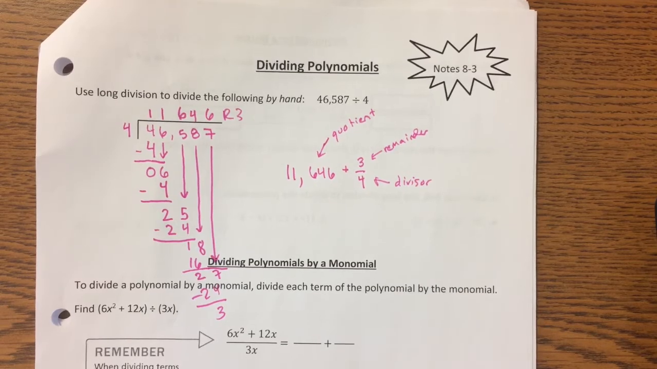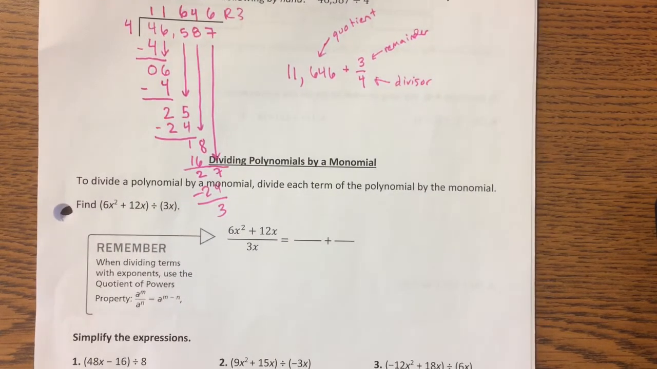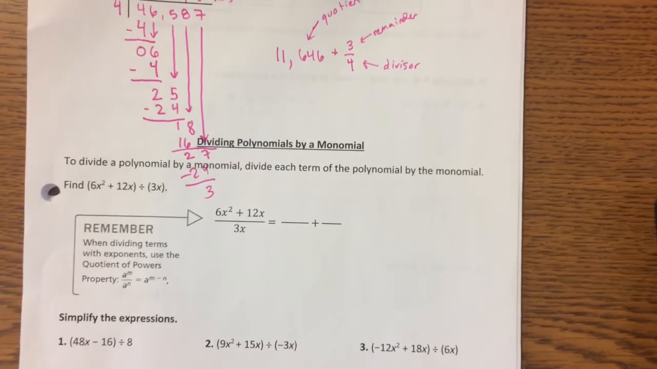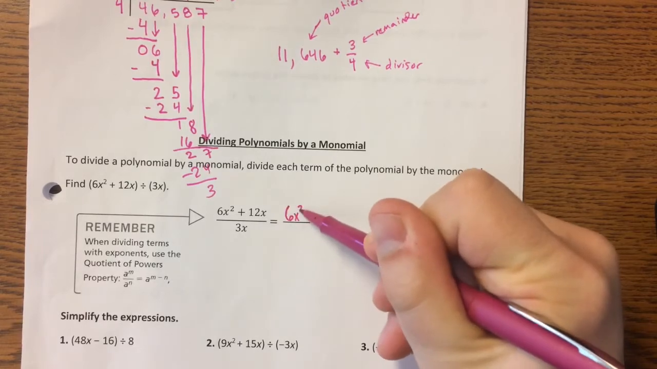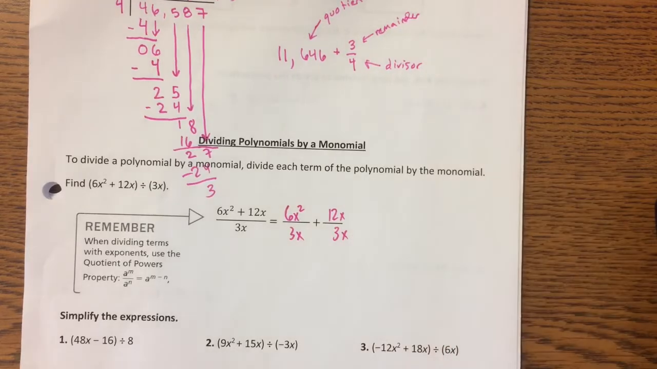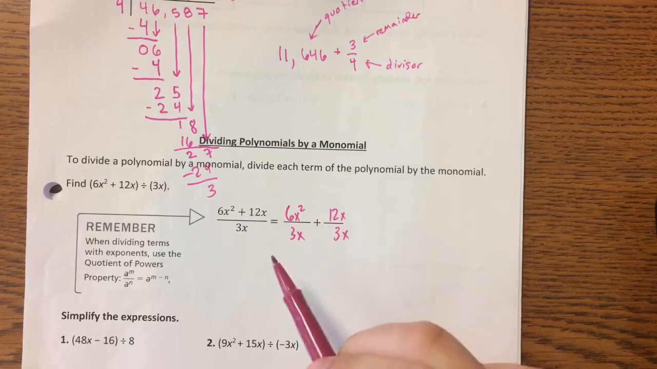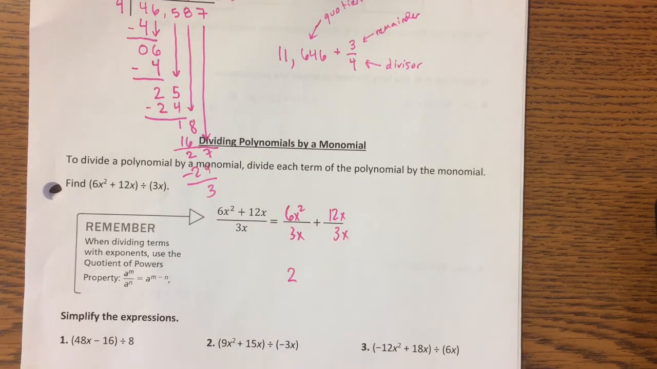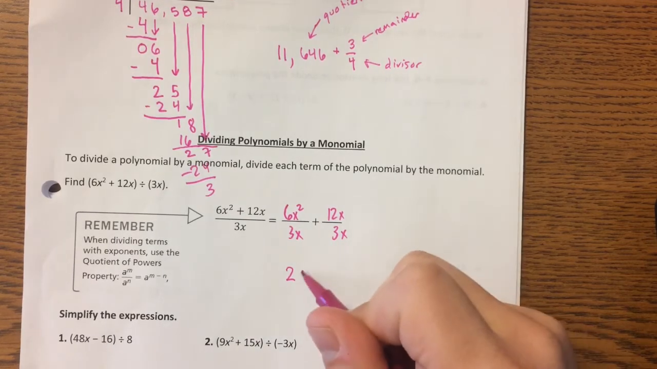So for example, if I've got 6x squared plus 12x all divided by 3x, that's going to be the same thing as if I divided each term by 3x. So if I had 6x squared divided by 3x plus 12x divided by 3x, and then I simplify those terms individually. So 6 divided by 3 is 2, x squared over x. So once again, we're going back to our exponent rules. When you divide powers with the same base, you subtract the exponents. So 2 minus 1 is 1. So just 2x